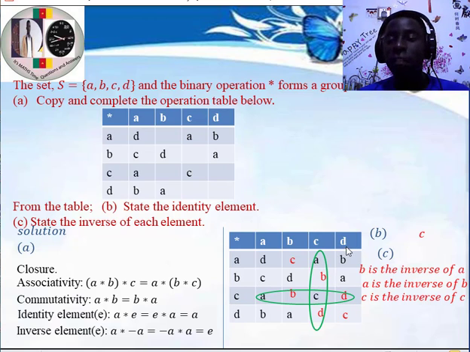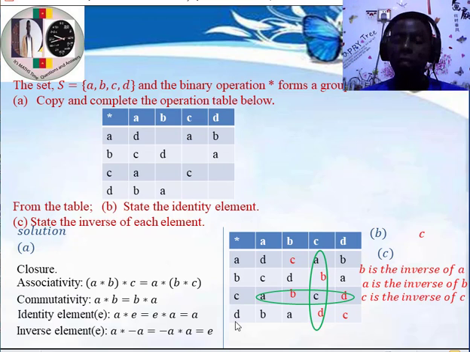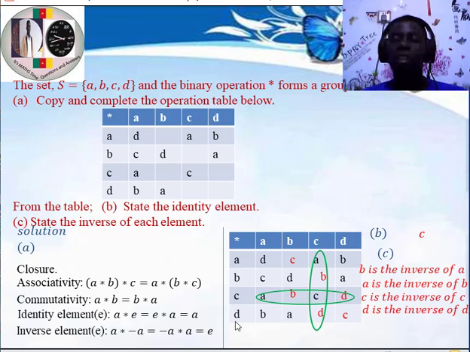Let's look for the inverse of D. Under D, where do we see the identity element? The identity element is C. Here is C. So we see the identity element here. Where is the corresponding letter? The corresponding letter is exactly D. So we say that D is the inverse of D. So guys, that's how we use the law of associativity, closure, commutativity, identity element, and inverse to solve mathematical problems